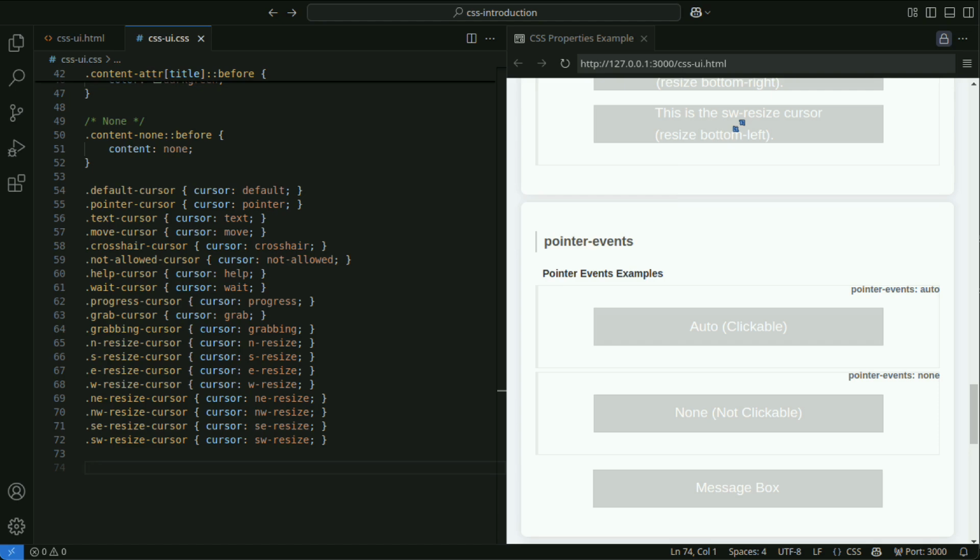The cursor property specifies which cursor should be displayed when the user is over an element. There are various cursor styles available depending on use, and custom cursors can also be set. By selecting appropriate cursor styles according to interactive elements and restricted operations, a more user-friendly UI can be provided.